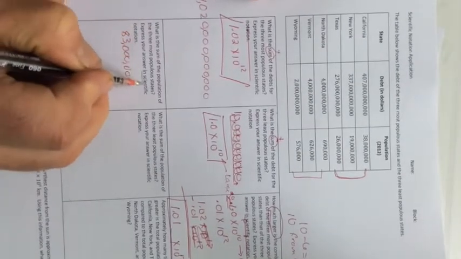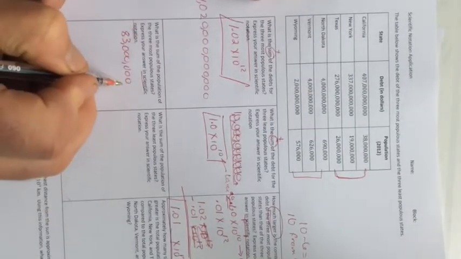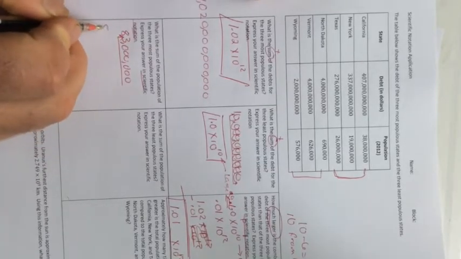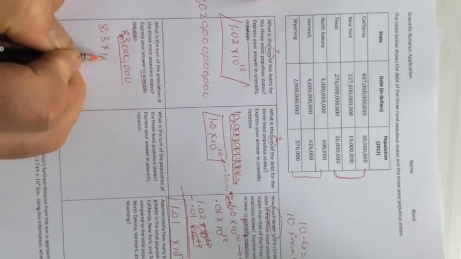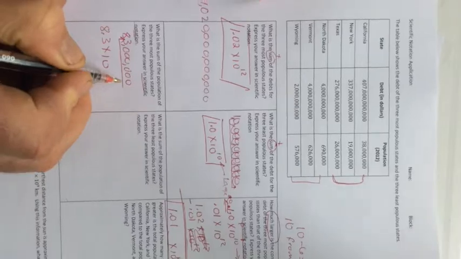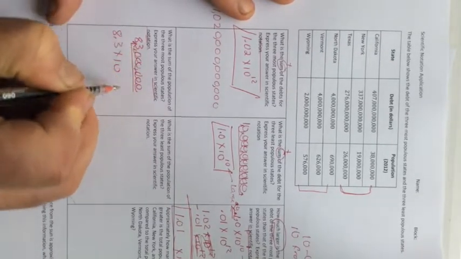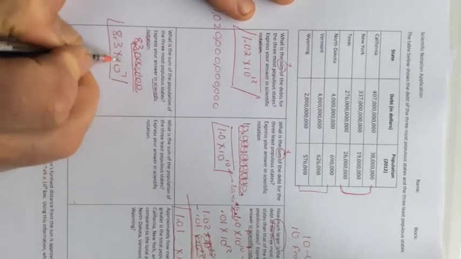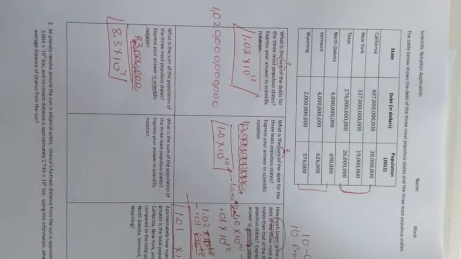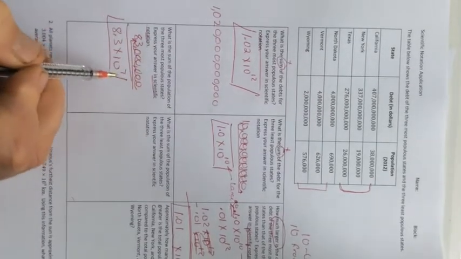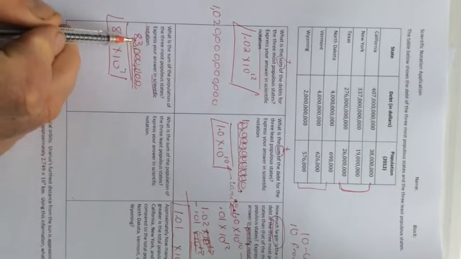Answer in scientific notation. Okay, so let's decimal, so I'll make it 8.3. Now let's see how many steps that was. It was 1, 2, 3, 4, 5, 6, 7. So 83 million, 6 zeros in this case, had a power of 7 because we had to go one more